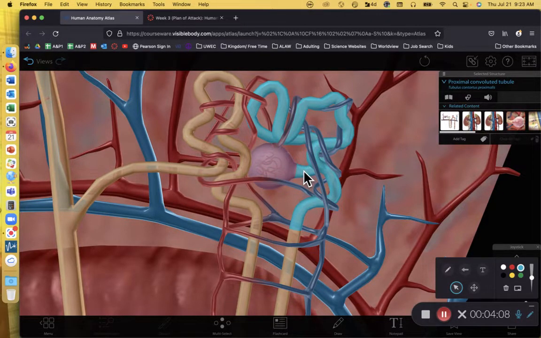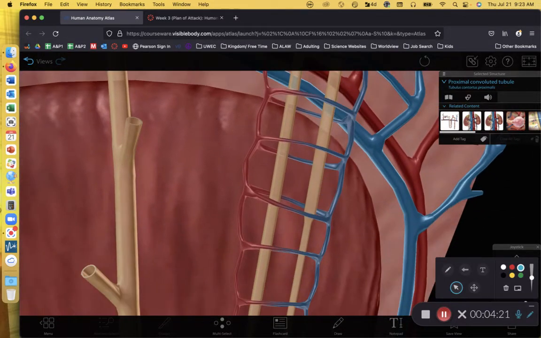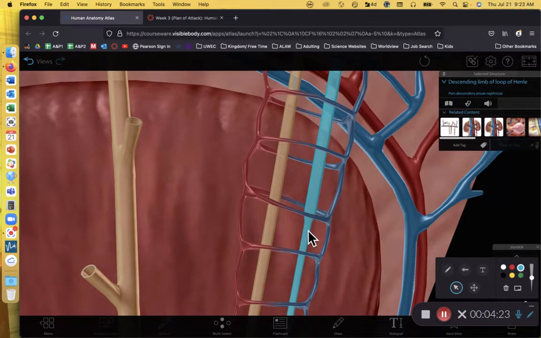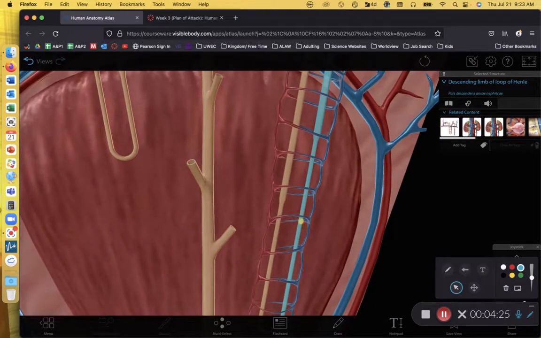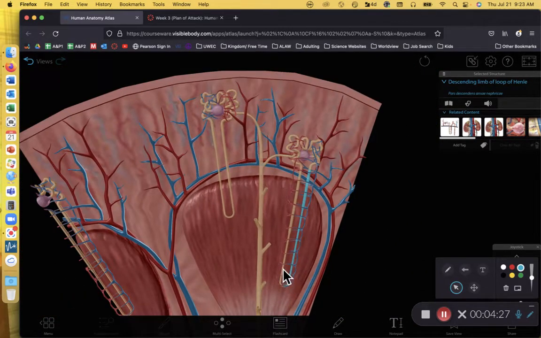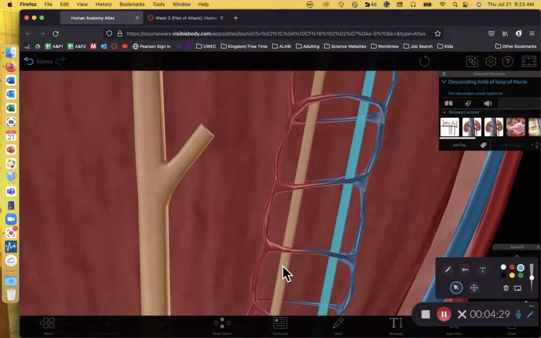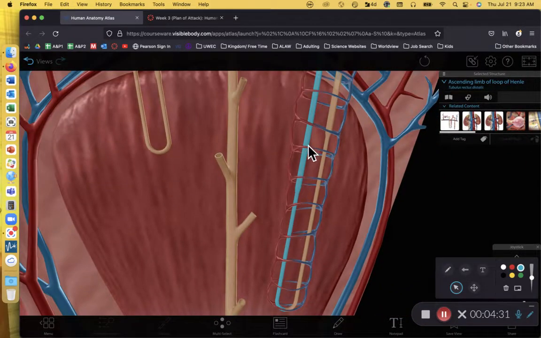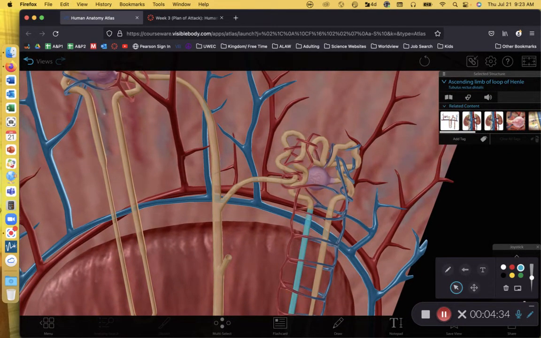It's called the proximal convoluted tubule because it's near the point of origin, the glomerular capsule, and it's convoluted. It bends back and forth. It's not a very direct tube. That proximal convoluted tubule will then send the filtrate through the descending limb of the loop of Henle. And from there, the filtrate will then travel through the ascending limb of the loop of Henle to the distal